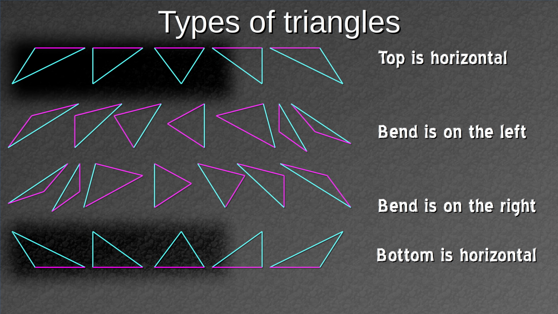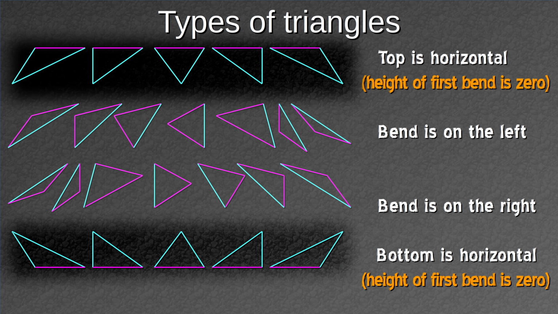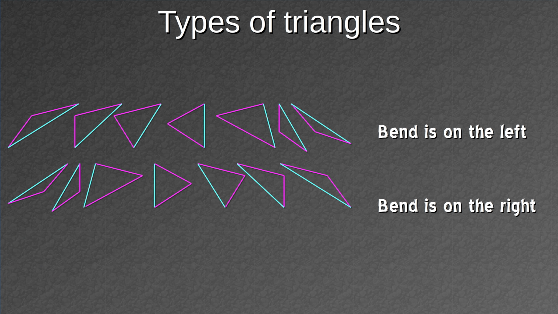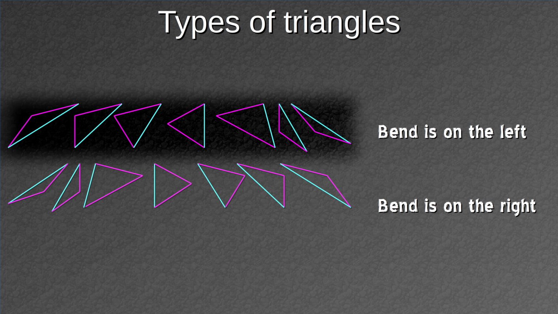However, the top and bottom cases are simply special cases of the middle 14. The top and bottom cases still have a bend, but the height of the bend is simply 0, so we can ignore those and concentrate on the remaining 14. These have 2 major categories, ones where the bend is on the left and ones where the bend is on the right. Within the groups of 7 triangles, the differences are where the corners are positioned in relation to the